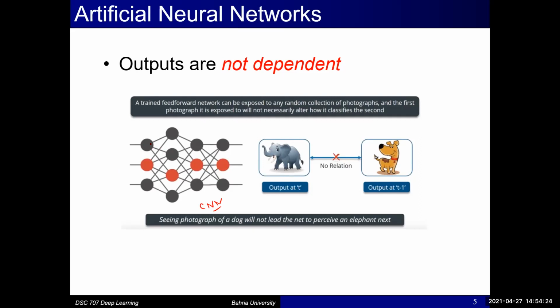If it is a classifier which can recognize animals, if I feed it with an image of an elephant, it will say it's an elephant. If I feed it with the image of a dog, it will say it's a dog, right? If I change the order of these images, it will first say dog and then say elephant, right? So you see, it is not dependent on the order in which you are presenting data to it. You can present it one image, it will take a decision for that image. It is not considering what was before that or what is coming after that,